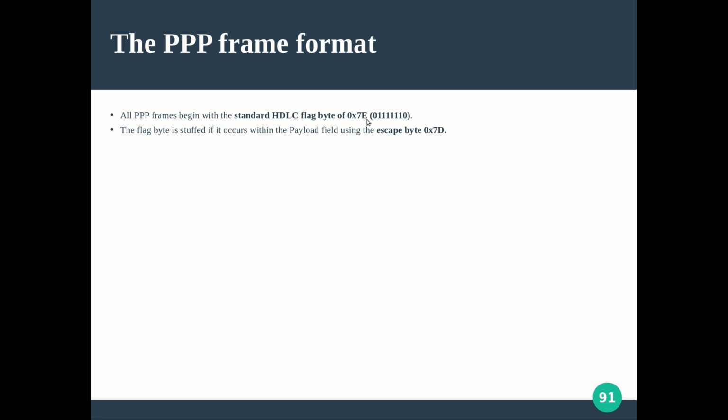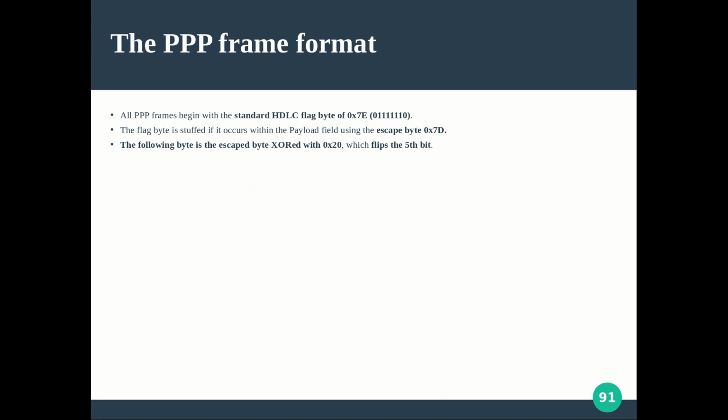In HDLC and point-to-point protocol, the special delimiter pattern is 0x7E only. But what about the escape byte in point-to-point protocol? It is particularly 0x7D. Here 0x means hexadecimal. Now it does something like this: the following byte is the escaped byte XORed with 0x20, which flips the fifth bit.